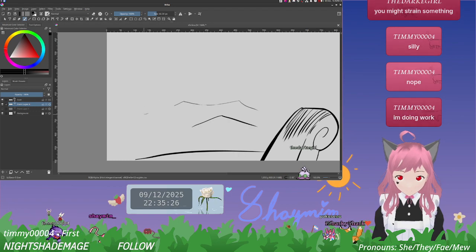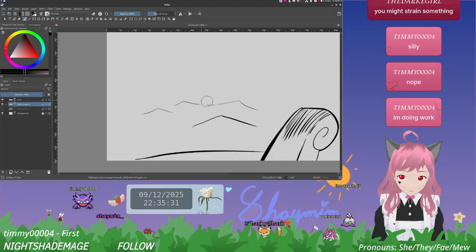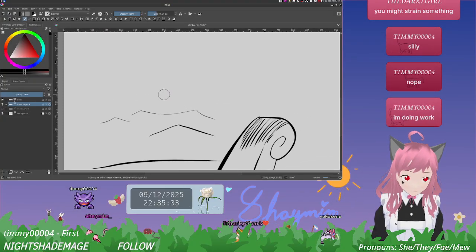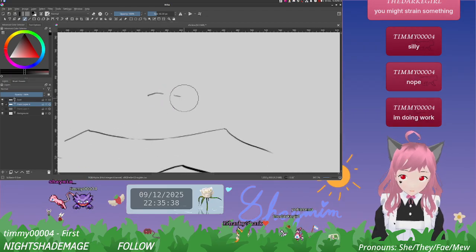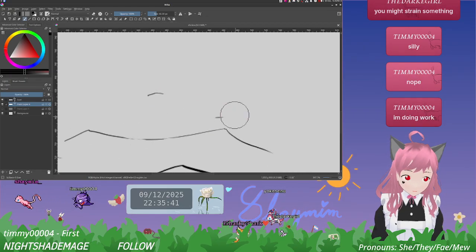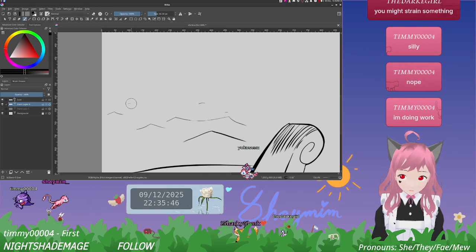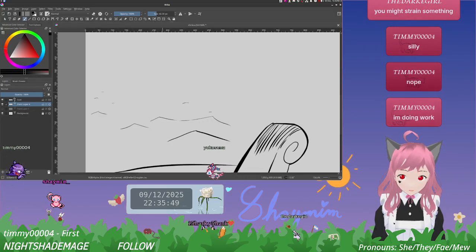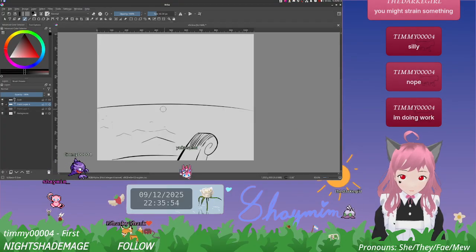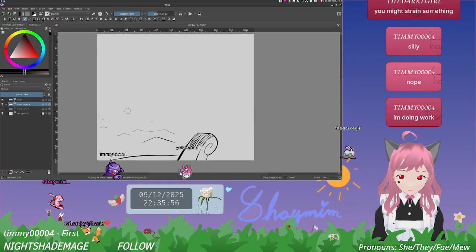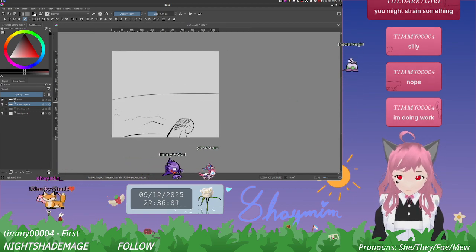And then we put there, and then over here. Curve needs to be shallower.